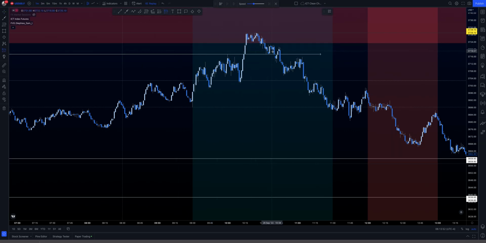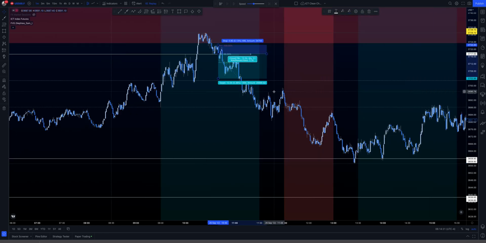So this would have been the perfect entry. So within this leg, and then I'm going to put it at the top of the range there, because if you were to have entered at the lower range here, then just for clarity's sake, you'd have actually been entering at a discount. So you always want to be entering in a premium. So even if you had that on your 50% mark, and then candle number 3,